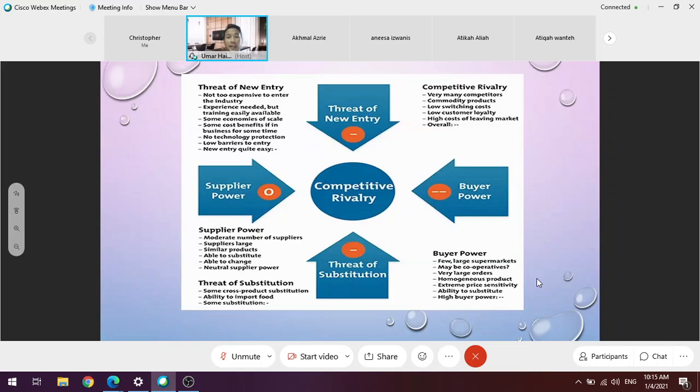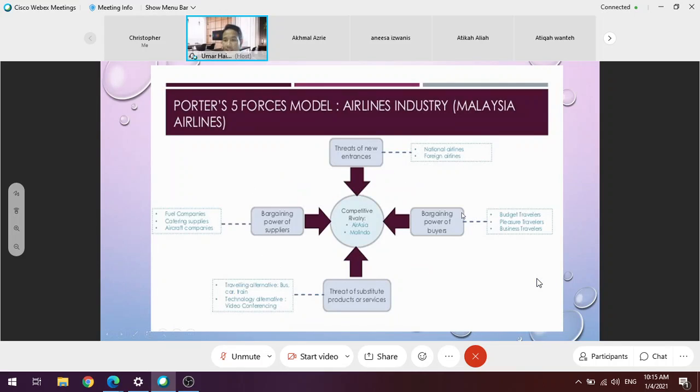For example, we already discussed Astro just on Tuesday, and we also saw to what extent the customer perspective matters, what that means, and how customers or buyers have influence towards the company's operation. So I hope that you already have a clear understanding of the five forces model, in particular how this model is going to impact the decisions of managers when they make this kind of industry analysis.